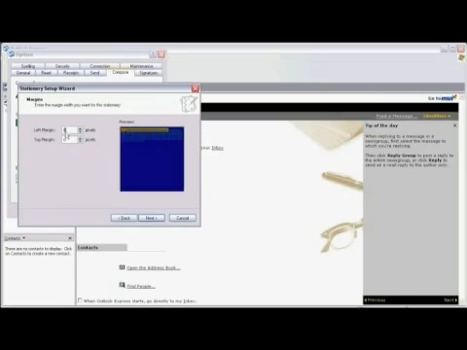and we can change the left and top margins of the signature. If we change the left margin simply by clicking on the up arrow, you'll see that in the preview the text slides to the right. If we change the top margin, again by clicking on the arrow, you can see that it moves the text down from the top. Now we click on Next,